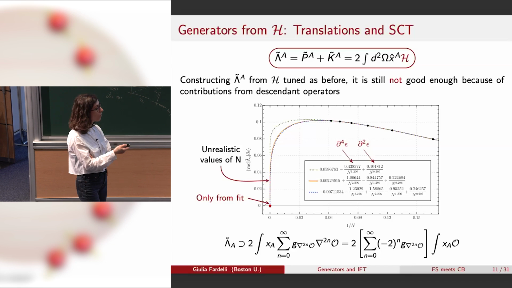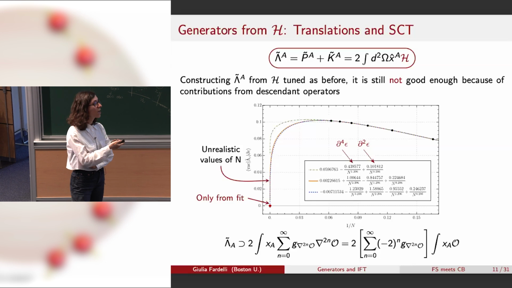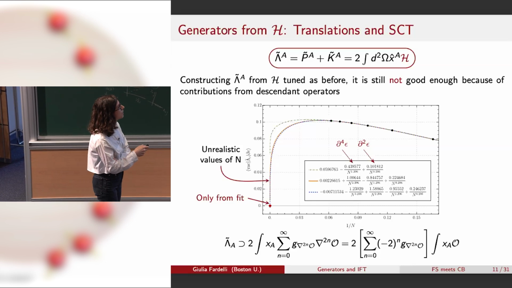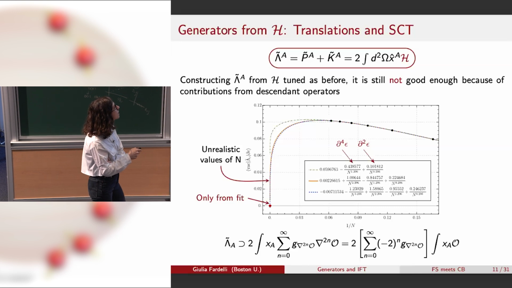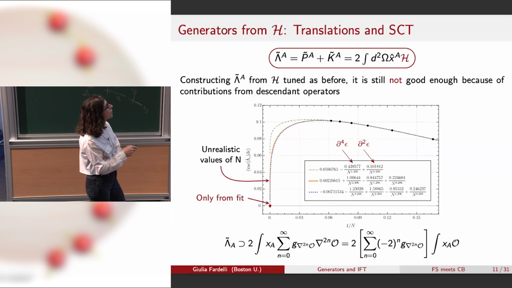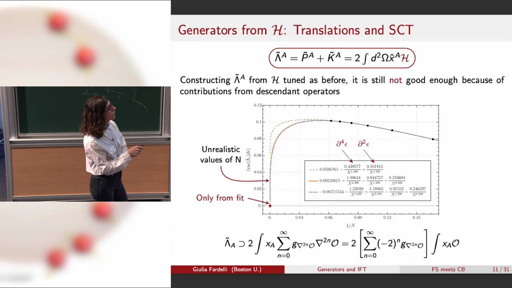So now the O that I was summing over are not just primaries but also descendants, and here is a plot to convince you that that's actually the case. This is the same matrix element lambda Z in between the vacuum and the first descendant of epsilon. In a true CFT, really at the fixed point, you would expect this matrix element to be 0. But when you compute this as a function of 1 over n, you see that it actually seems to increase,